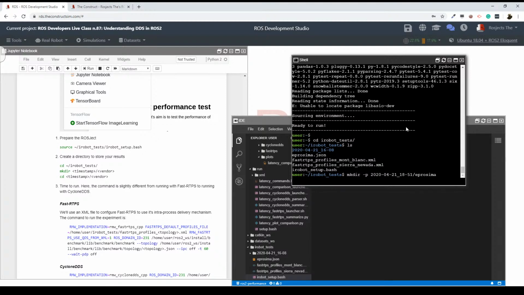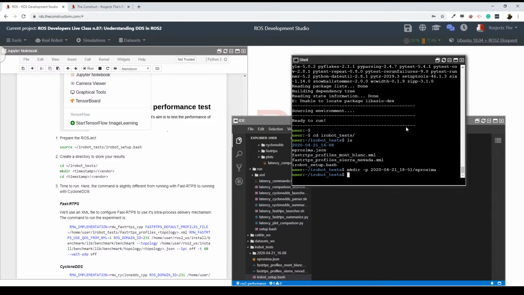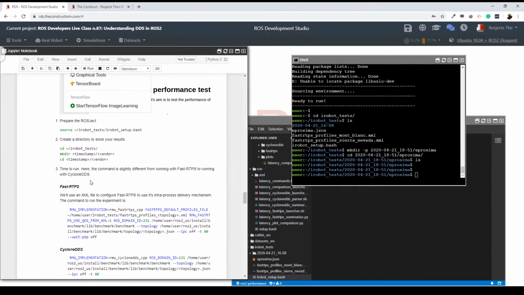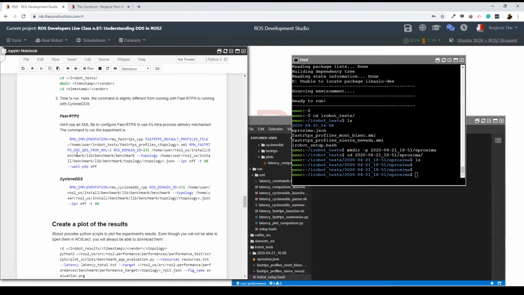Let me do that here. Then I'm going to access the 21 folder. There we go, I'm inside this folder, and now I can run the tests for this implementation, for the Fast RTPS by Proxima, by running this